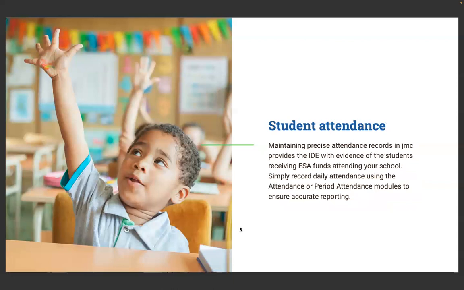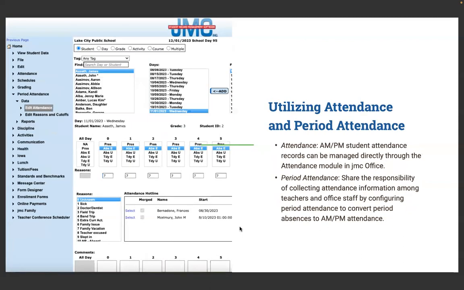Once you have entered students, maintaining precise attendance records in JMC provides the IDE with evidence of the students receiving ESA funds attending your school. Simply record daily attendance using the attendance or period attendance modules to ensure accurate state reporting. So the other thing that the Iowa Department of Ed wants to know, are the students actually showing up to